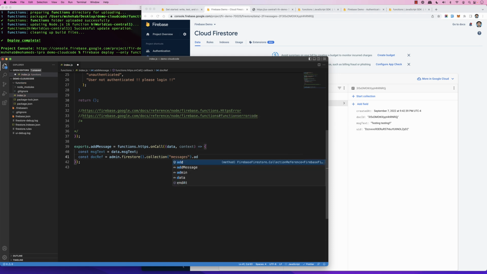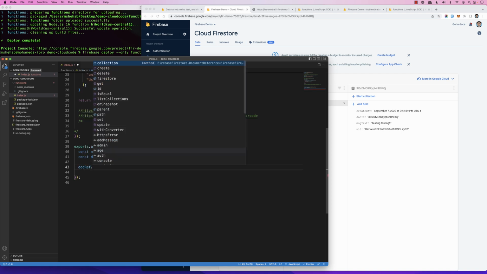You can indicate a specific document and give it also an ID, or you could say, for example, dot doc. And I don't know its ID, so basically I got a reference to a new document ID. So this is a new document. I don't have its reference, so it's like creating a new reference. Cool. So now the object that I would like to store, the new message, is going to be stored in this document reference. So document reference